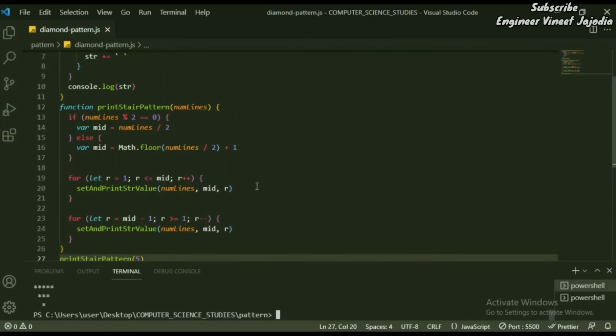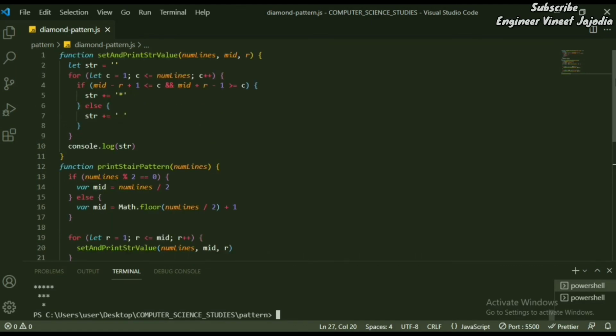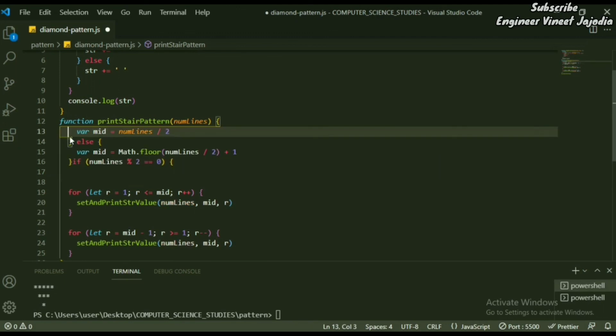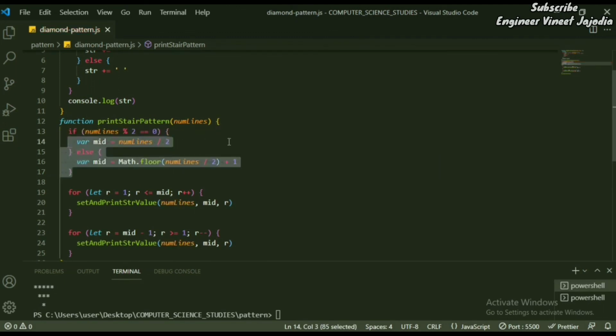Now we see that we are calculating here with if and else, and this is also taking some number of lines. Whenever in the if and else block there is only one statement, we can use the ternary operator at that place.